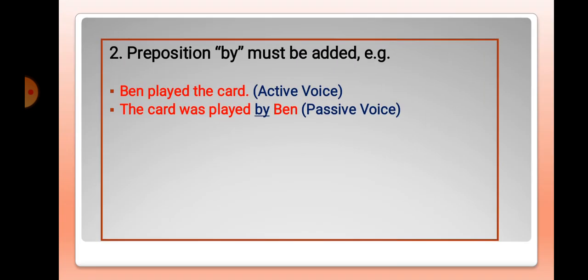Second, the preposition by must be added to the passive voice. For instance, we say Ben played the card. That is active. To change that to the passive, we say the card was played by Ben. So that by preposition is very important. The third rule says that